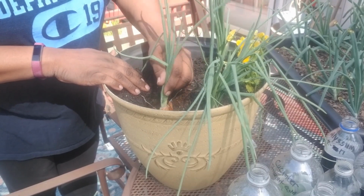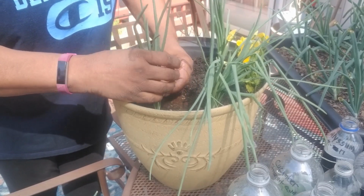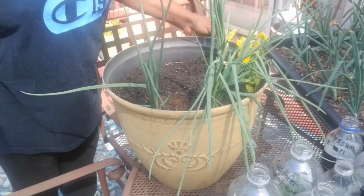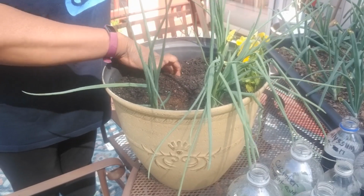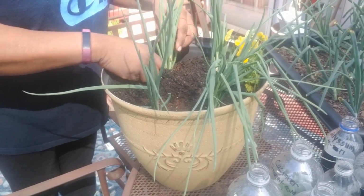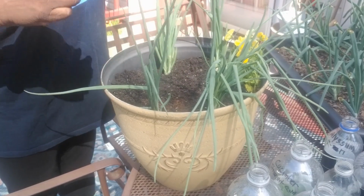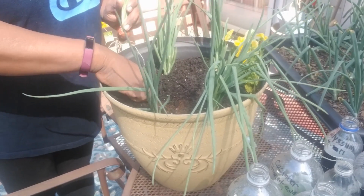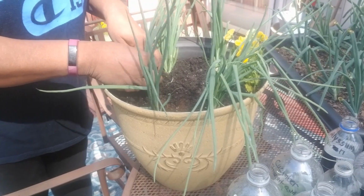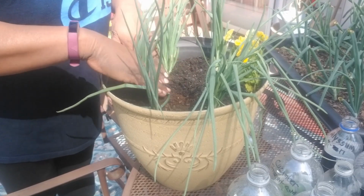I've been meaning to do this, but now that my bee situation, I think, has been under control, I can do what I need to do. I want to say thank you again, Miss Gail, for sending me these beautiful shallots. I'm going to stick this one right here. I'm trying to get this garden together. We've had some crazy weather, so I'm trying to make sure